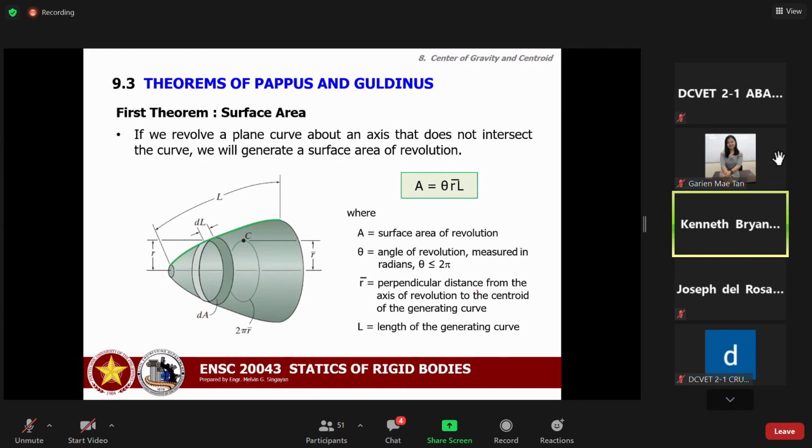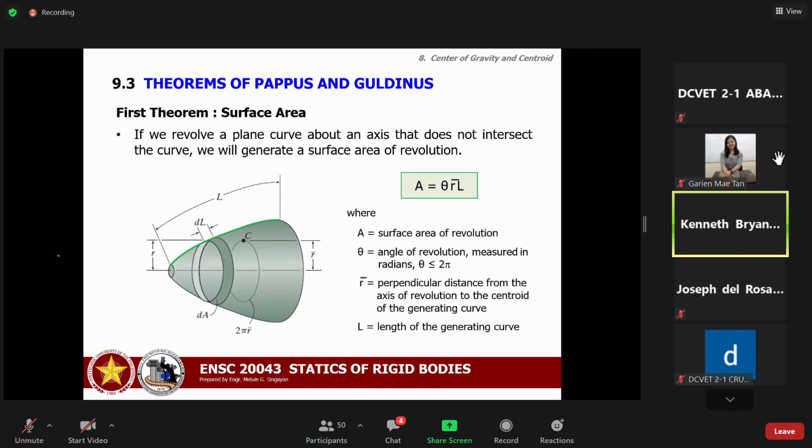Okay. So if we revolve a plane curve about an axis that does not intersect the curve, we will generate a surface area of revolution. Okay. And the surface area of revolution will be equal to theta times bar R times L, where theta is the angle of revolution measured in radians, and it should be less than or equal to 2 pi. Bar R is the